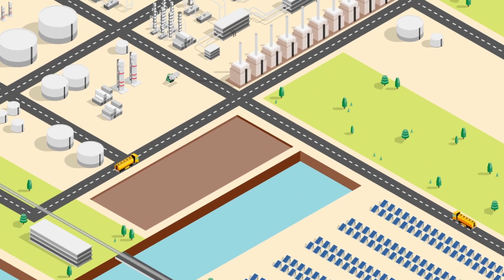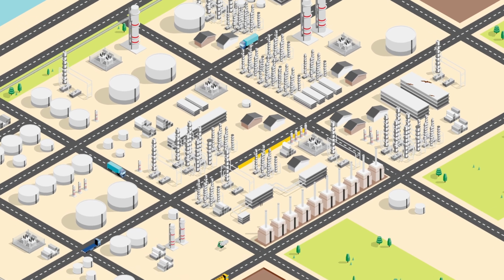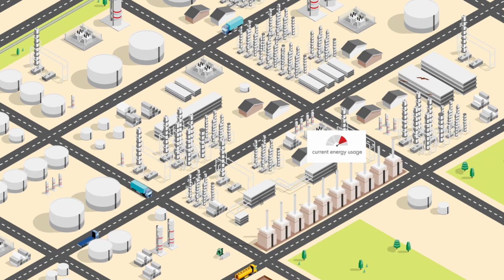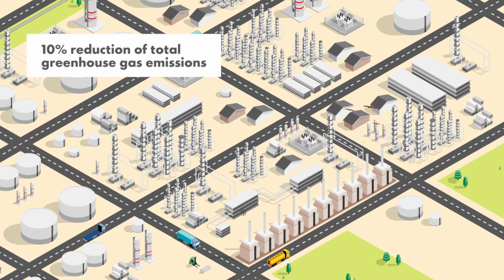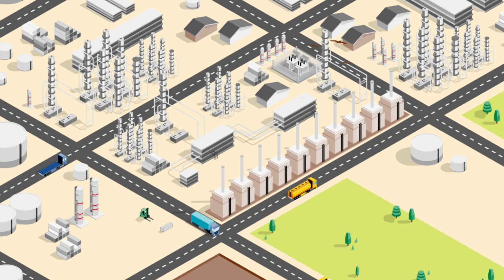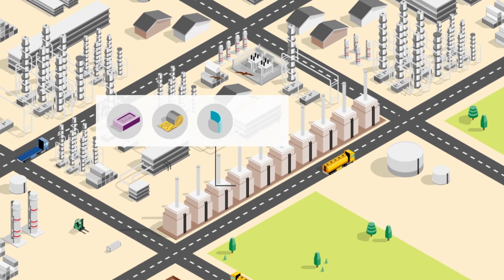Shell Moerdijk's petrochemicals complex is investing in a future with fewer emissions. It plans to replace its oldest ethylene steam cracker furnaces, which will reduce the site's energy use and annual greenhouse gas emissions by about 10%. The base chemicals from Shell Moerdijk are used in a variety of everyday finished products, like soaps, insulation, lightweight plastics,